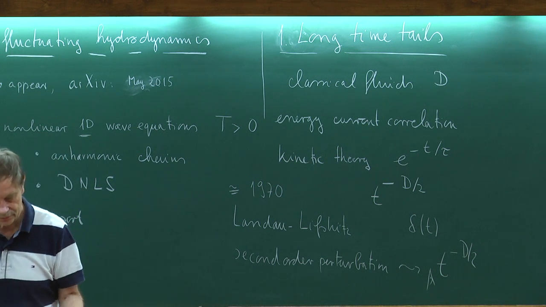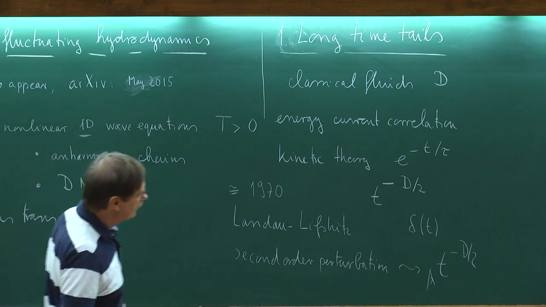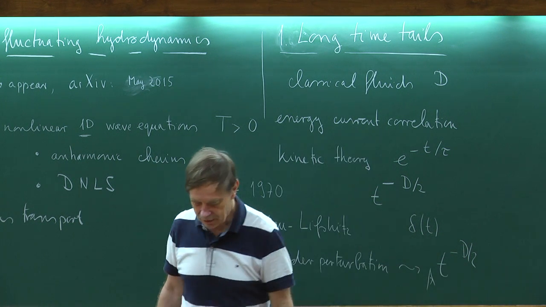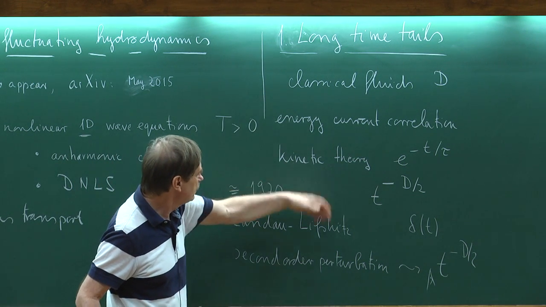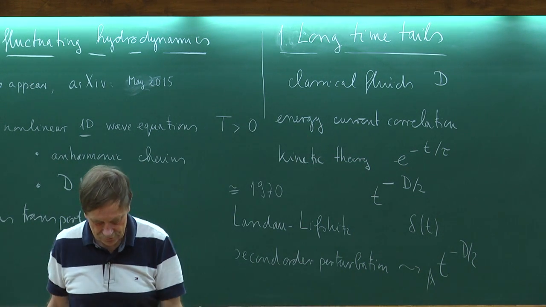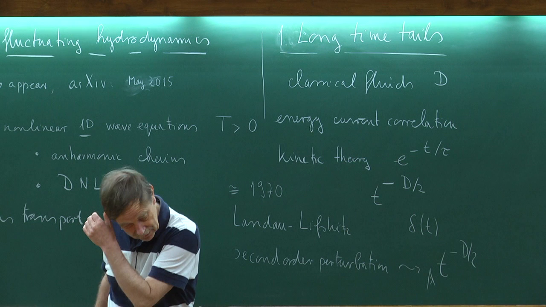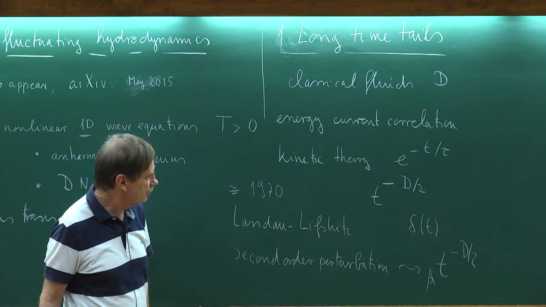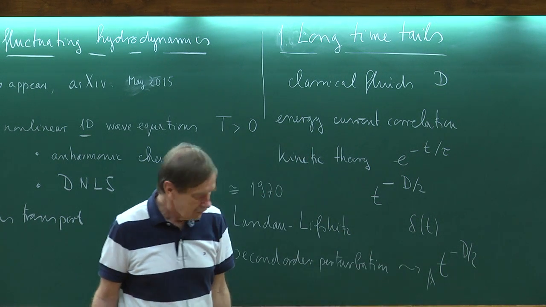Okay. All right, now you look at the result, and you see that if I take dimension 3, then it goes like t to the minus 3/2, and then it's integrable, which means that you have a finite transport. Somehow, implicitly in this whole derivation, you assumed already that there was a finite transport. And so everything works well. In 3 dimensions, you would think that this somewhat simple-minded theory, of course, doesn't give you all the details, but it gives you the most important detail. It computes the decay, including the prefactors, of these current correlations.